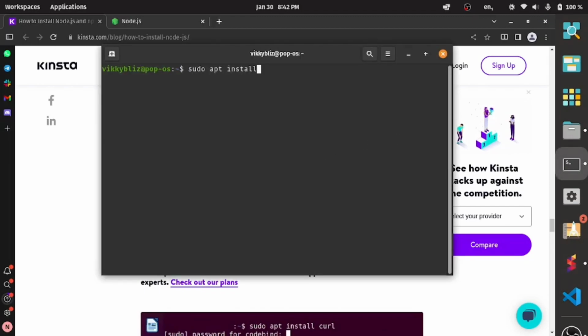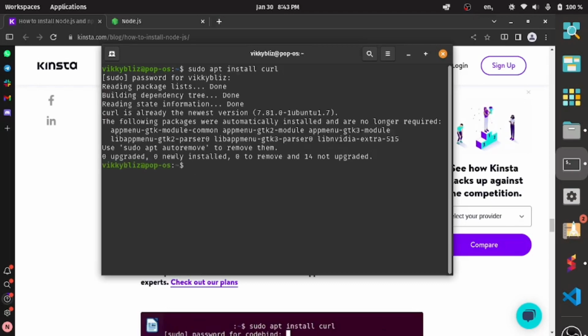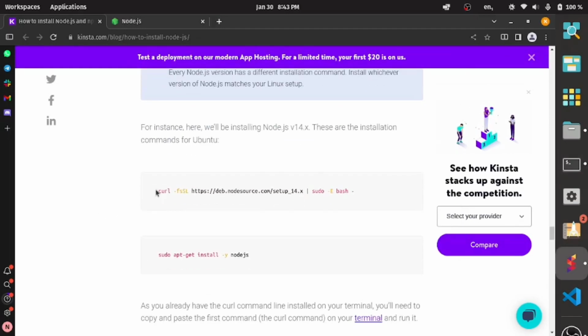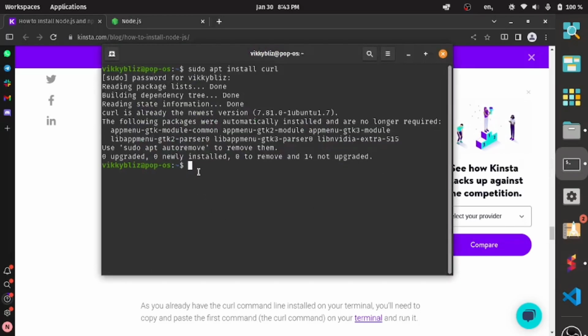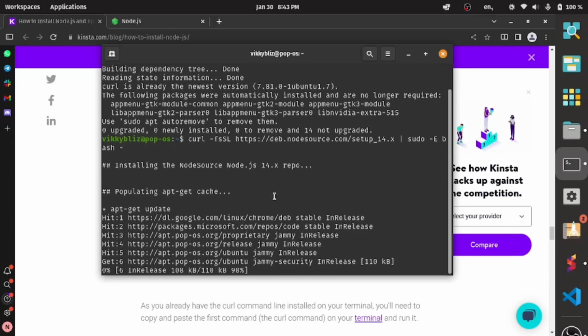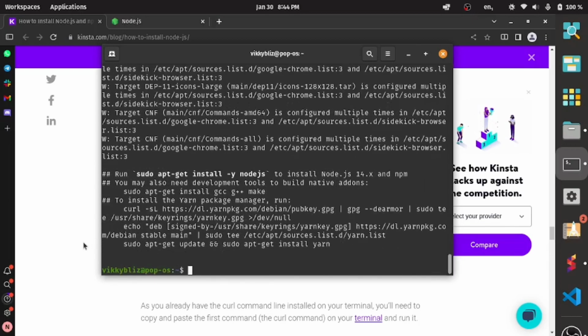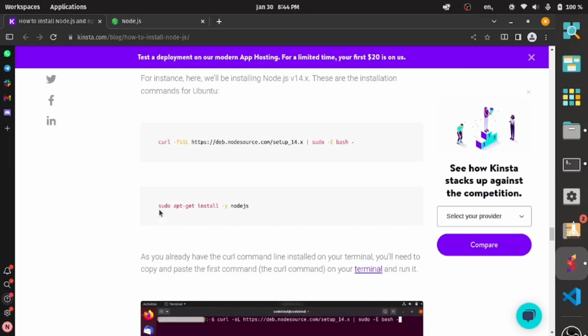So first of all, we'll check if we have curl installed on our computer with sudo apt install curl, and then you input the password of your system to install it. And when that is done, you copy this. I'll leave the link in the description to copy all these commands, paste in your terminal, and it will install Node.js, which is version 14. After that is done, then we'll type in sudo apt install -y nodejs in our terminal,